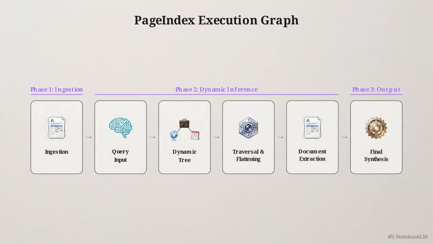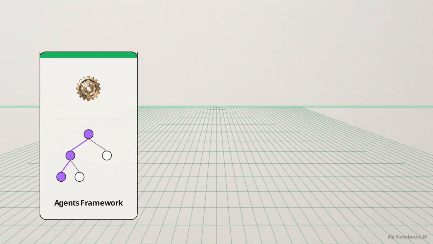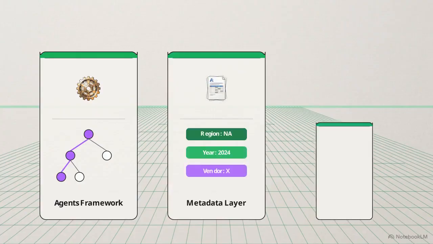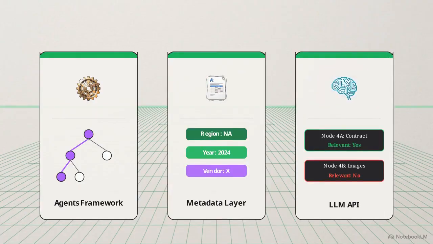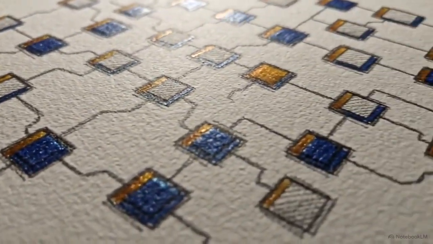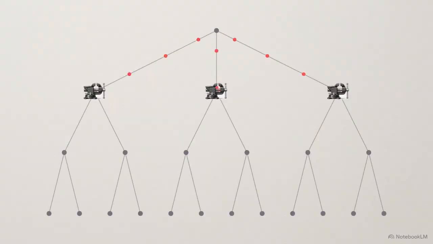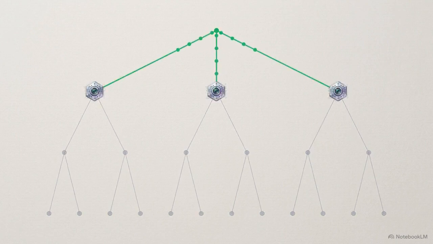The complete execution graph follows the data from ingestion to dynamic tree construction, through traversal and flattening, down to final synthesis. If you are building this system, the primary architectural mandate is to decouple document parsing from the search traversal mechanism. You will need an agents framework to handle the multi-step navigation logic, a distinct metadata layer, and an LLM API to evaluate relevance at each node. Adopting this graph completely addresses the accuracy problem of isolated vectors while scaling to massive enterprise file systems. True document understanding at scale requires moving the cognitive load away from static embedding models and into dynamic